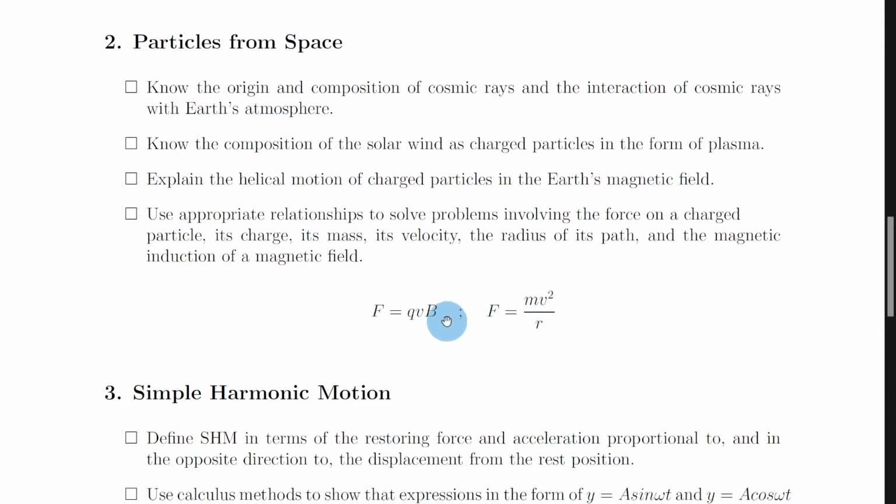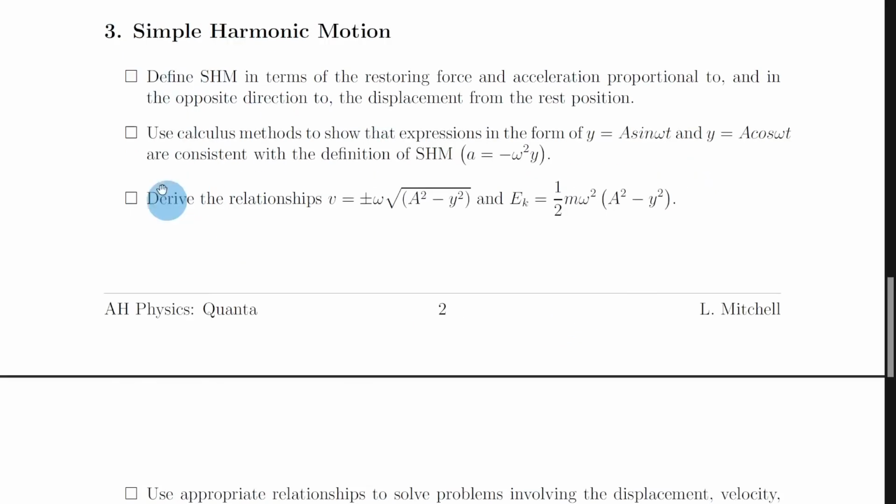And remember, you've seen both of these equations in the electromagnetism topic, as well as this one, F equals mv squared over r, in the rotational motion and astrophysics topics. Lastly, we have section 3, which is simple harmonic motion, or SHM, and you need to be able to define